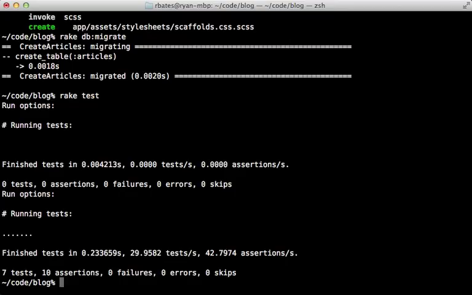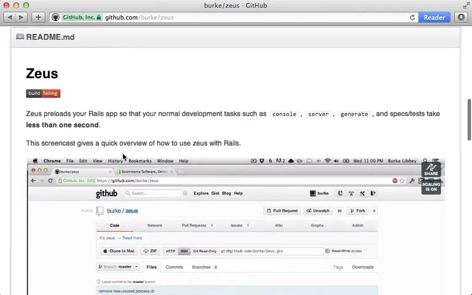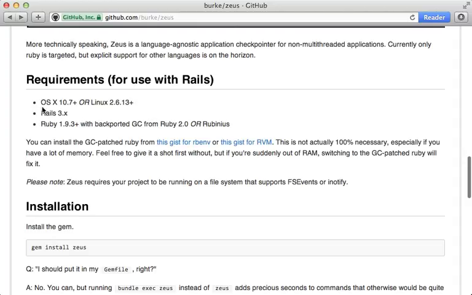Now in this episode, I want to show you a few different tools that you can use to make these commands run much faster. The first one here is Zeus. This will preload your Rails application so that you can run commands against it nearly instantly. It does have some fairly strict requirements though: a recent version of OS X or Linux, and a Ruby 1.9.3 with a backported garbage collection patch. I've been running it without the patch, and it seems to work great,